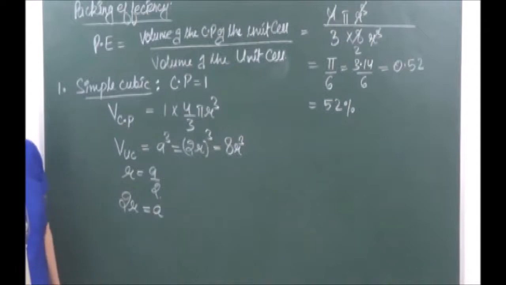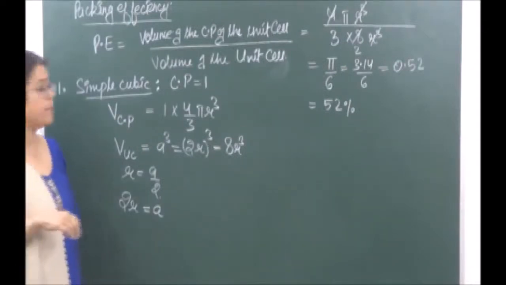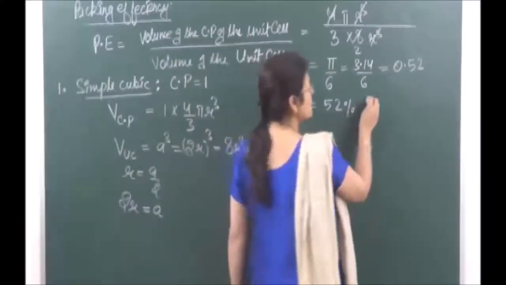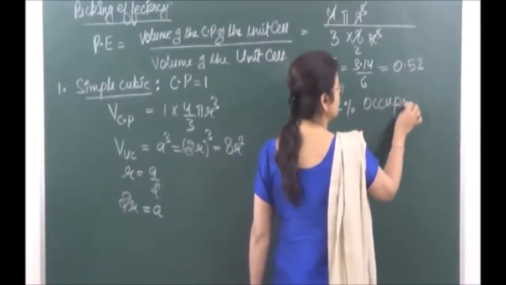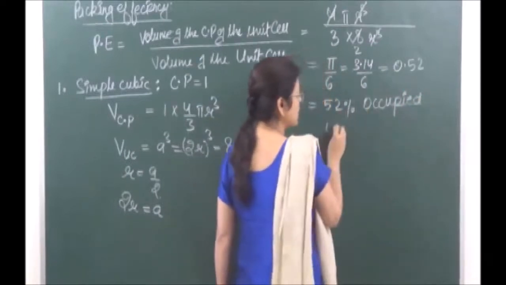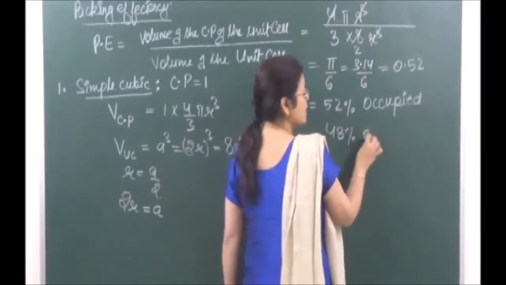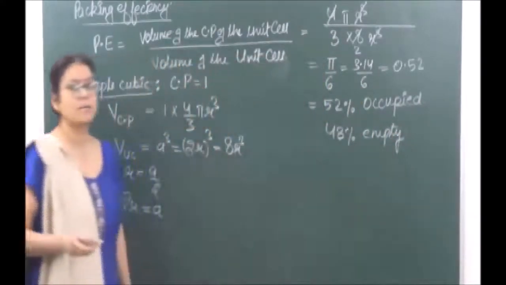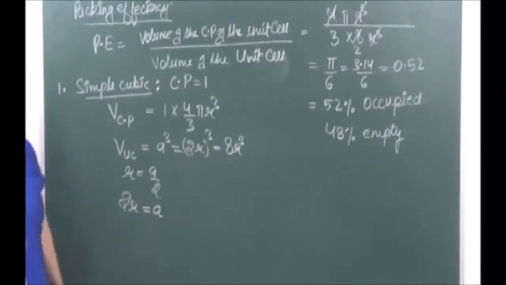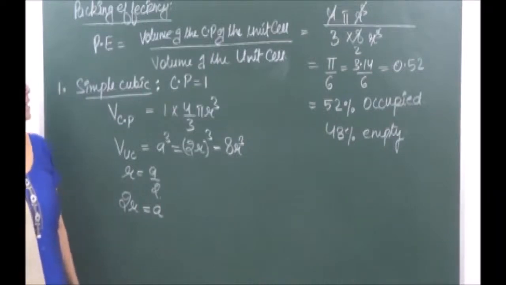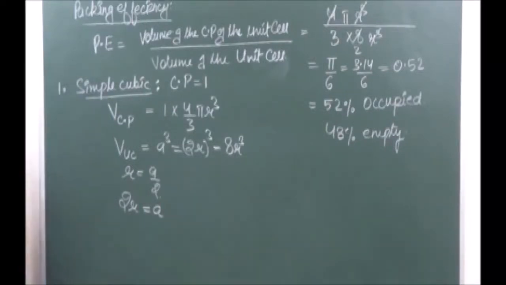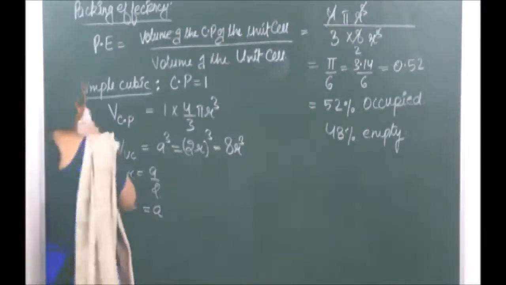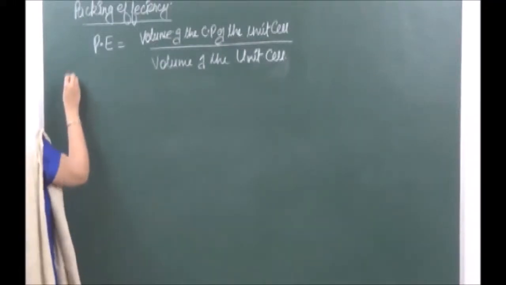तो empty spaces कितनी हो जाएंगी? 100 minus 52. So it means 52% occupied and 48% empty spaces are present. 48% empty spaces are present. Clear? Okay. So next when we go on to the second type, face-centered cubic structure. Right? So second we have